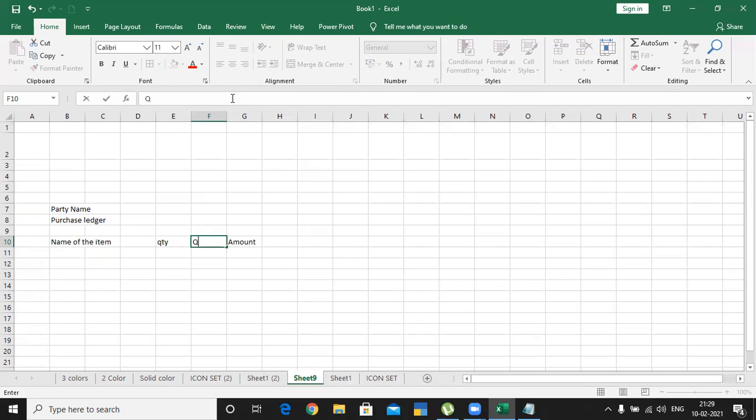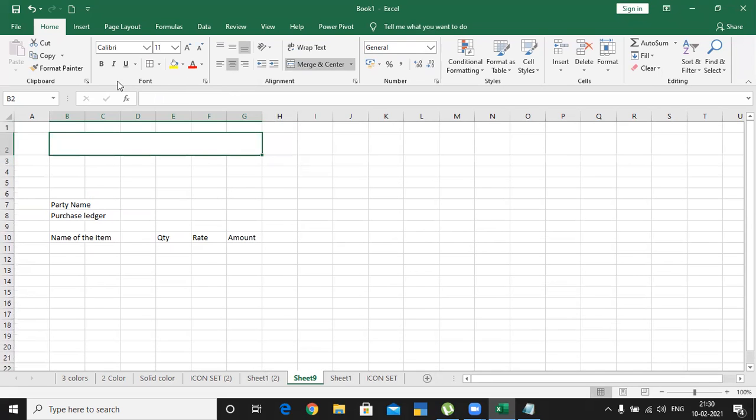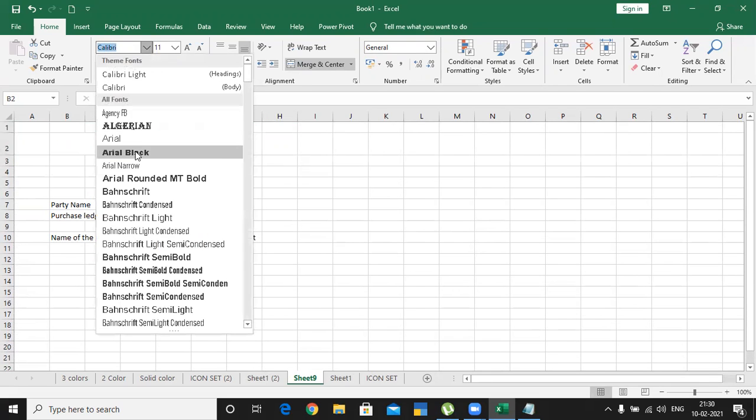Rate, quantity. So here I have to enter the name of the company. So increase and change the font.